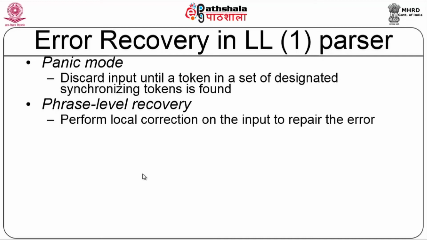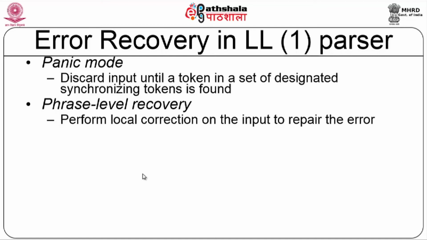That is, if it is not able to find a table entry match, for example, in our example, E comma plus, I do not see a table entry. So, what I do is keep on deleting the elements till I am able to see a match, which will have a table entry in my parsing table. The example I gave, plus ID star ID. When I delete plus, obviously E comma ID is going to be a matching pair available in the table. So, that is panic mode, a mode of error recovery. It simply recovers, it is not going to correct your errors.